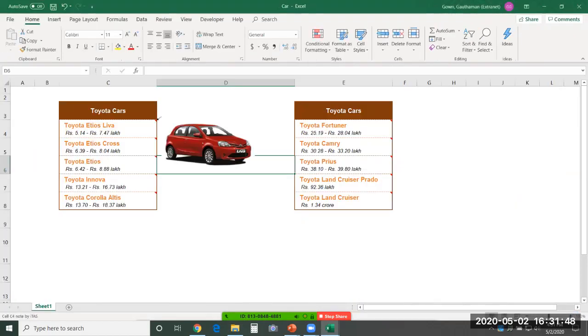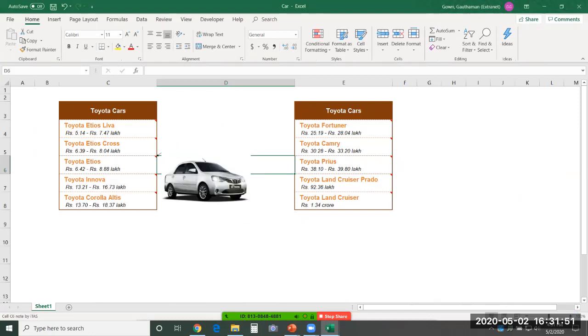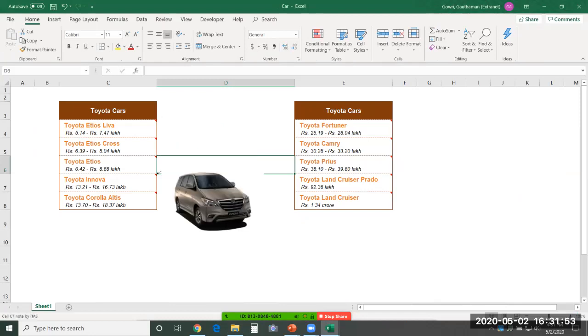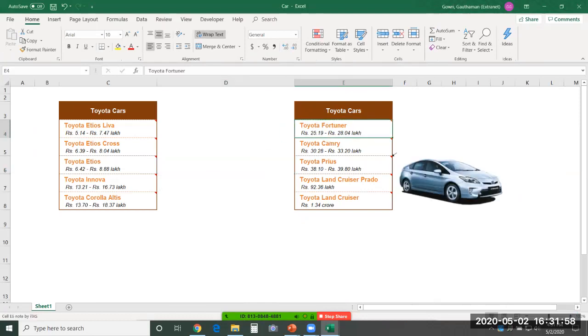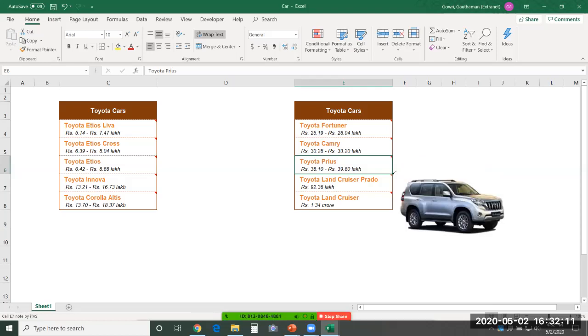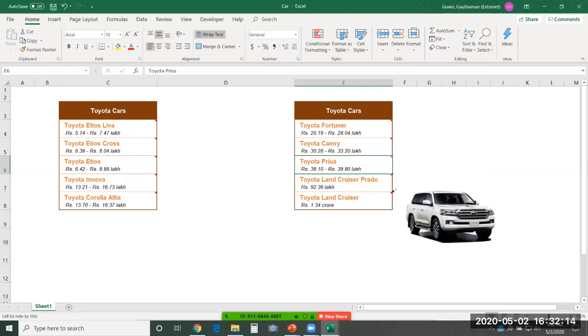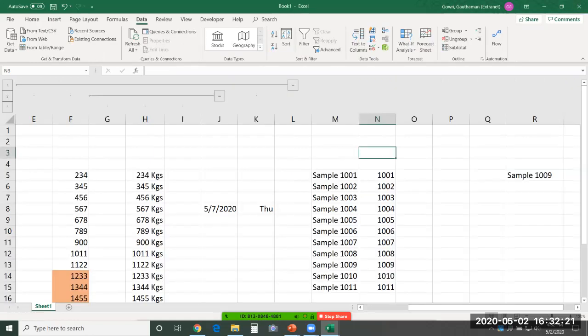See, in this chapter, we'll show you how to insert images in the comments. Comments are usually utilized for providing some text, some note to the user, indicating some message or some warning. For these things, we use comments. Comments can also be used to insert images like this. You will be taught all these things in the comments chapter.